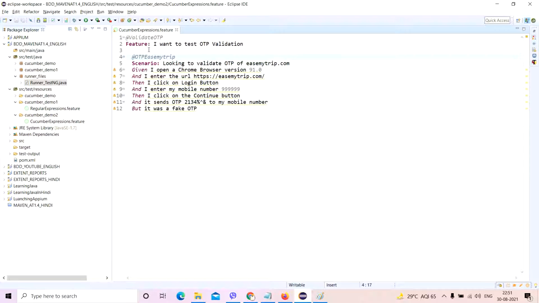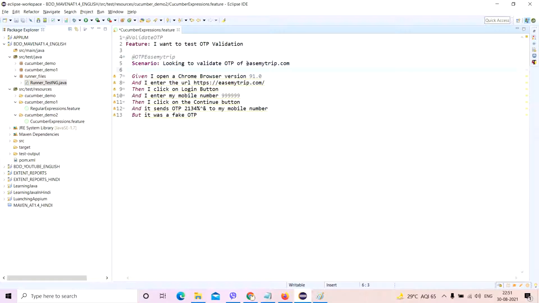This feature file has one particular tag, and the scenario says that we are looking to validate OTP of a particular website. I'm using a Chrome browser with a certain version, so this will let me test the float part of it because it has a decimal, and of course the URL which can act as a string, and then these are normal things. There's a mobile number which is anyways vague. I just want to use the integer part, and similarly this is an OTP which is a very vague OTP, but again it will give me a chance to check the anything part of the Cucumber expression.